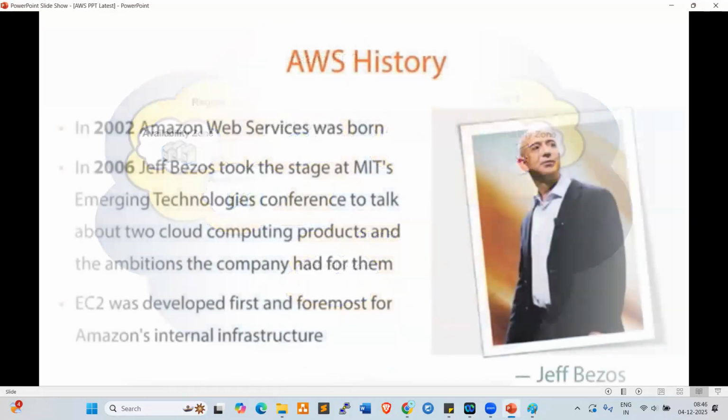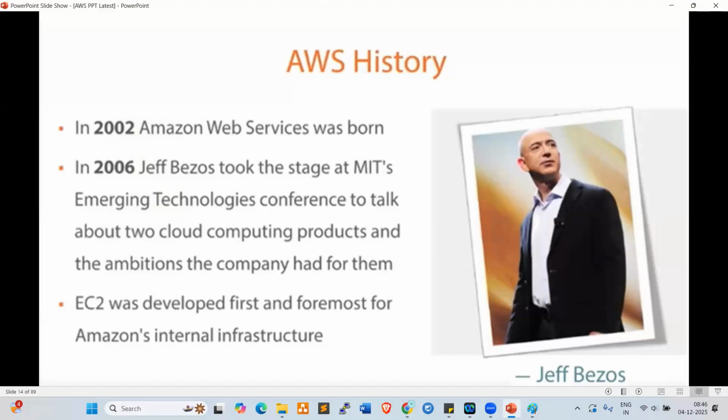Look at here. Mr. Jeff Bezos, who invented the AWS Cloud. Amazon Web Services was born in 2002, right? Initially they started by selling books. They created a cloud for their own infrastructure, their business, right? Slowly, they started giving services to other companies, like outsourcing, right? So currently it is the leader in the market, right?